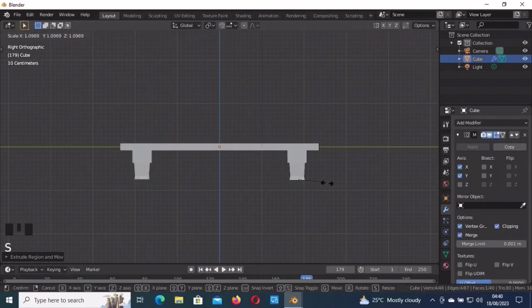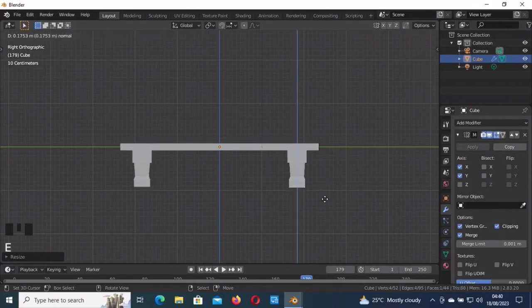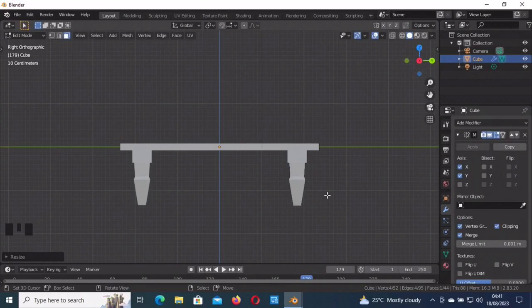Then S to scale until you have something like this. Then you go on E to extrude again, bring it down to something like this. Then you go on S to scale, okay. You go on E again to extrude,